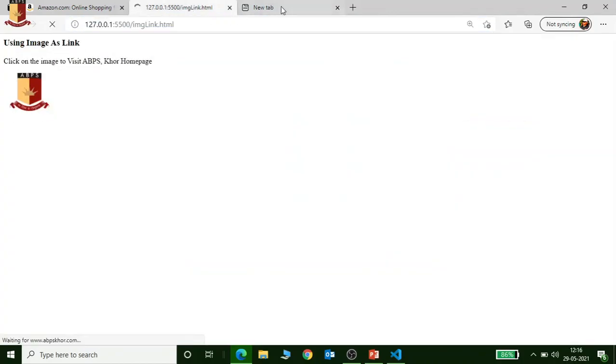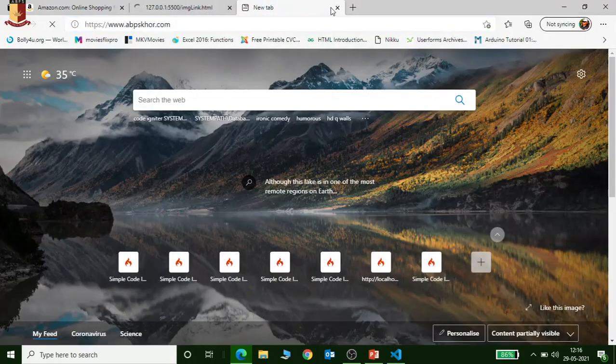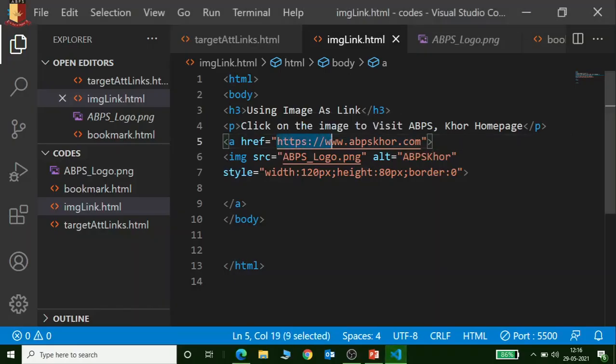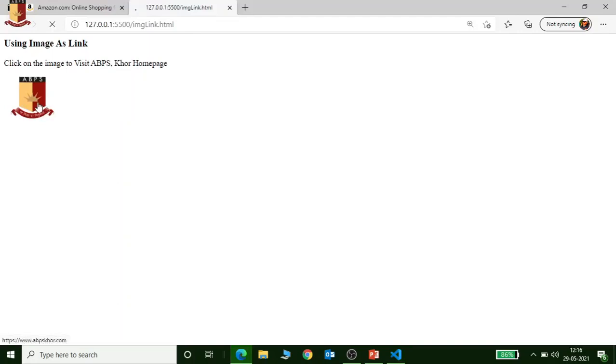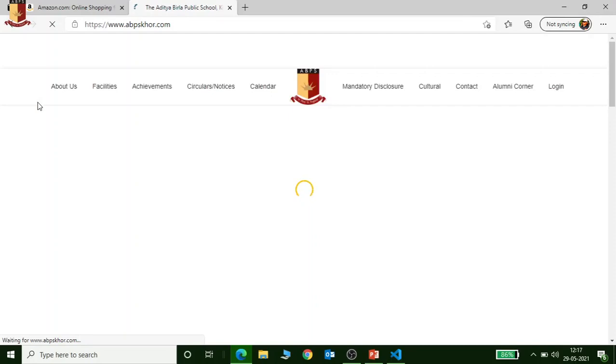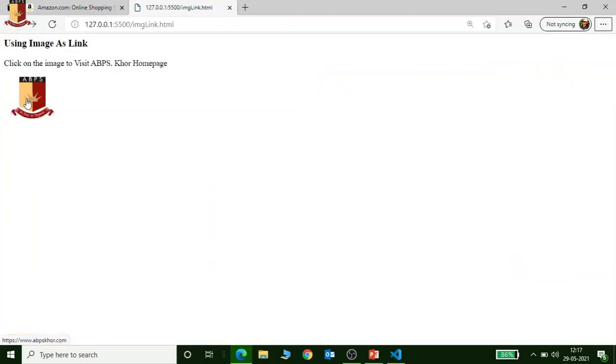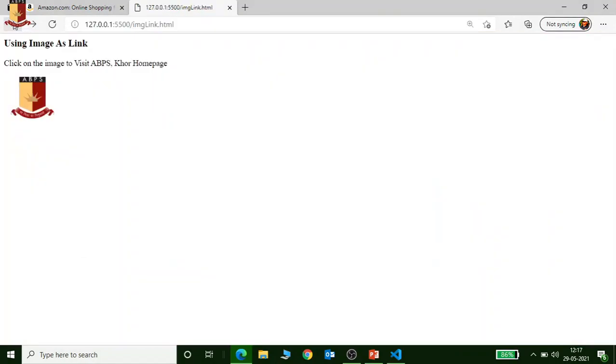Copy the link and change the same link here and paste it. Control S. Now click it here. Okay, yeah, now it's open. Maybe it was just a mistake when I typed that reference or URL there. So this site opens, and when you move back, the same site opens. When you click it, abpscore.com will open. Got it? So like this, you can give a link to an image also.